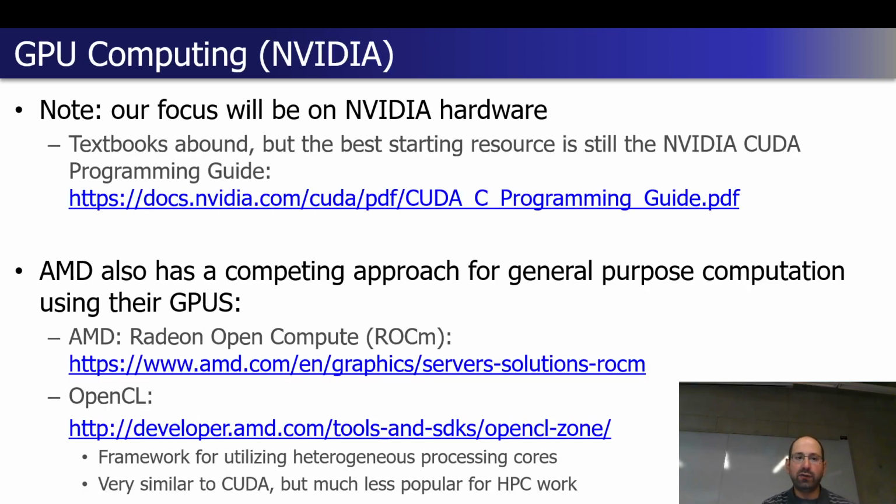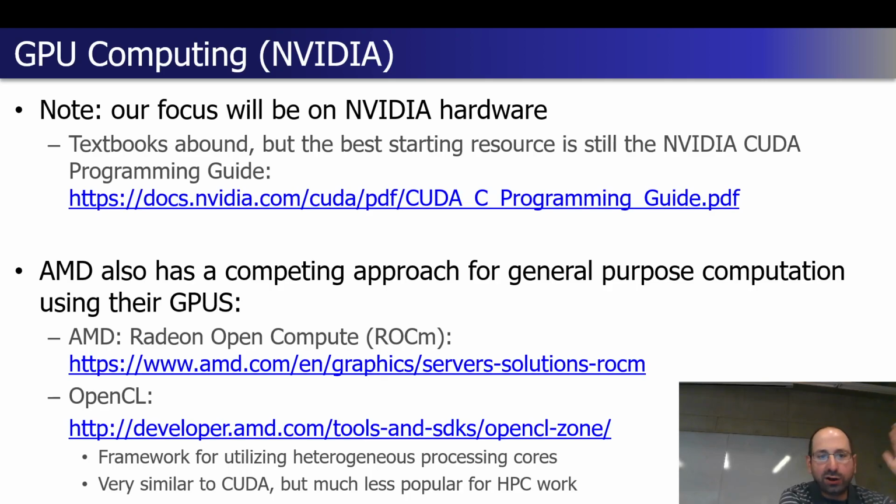So our focus will be on NVIDIA. Their documentation is still by far the best, and I would argue they're also the easiest to use. There are lots and lots of textbooks for those of you who want to learn more beyond what you can learn in this class. The material gets dated very quickly, and it's just a fast-moving field. Some code from 5 years ago will work, and a lot of code won't, and that's the risk of being on kind of closer to the cutting edge of technology. So I actually don't recommend any specific textbooks.